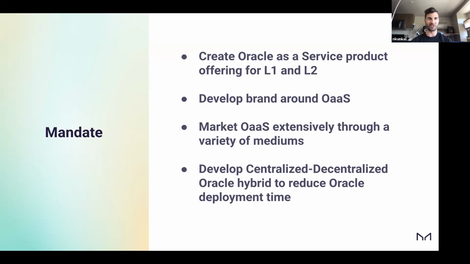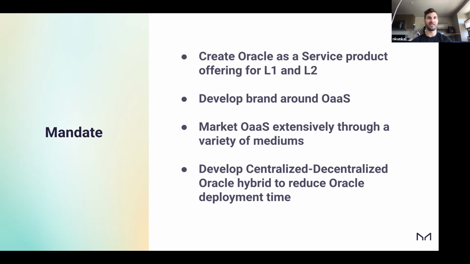Same thing with the governance process. We would want to have permission from governance to just deploy oracles on behalf of the DAO using our centralized feeds, with the explicit understanding that in the following governance cycle, that Oracle becomes decentralized by replacing the Oracle core unit centralized feeds with the Maker protocol decentralized feeds, and that the ownership of the Oracle contract then gets flipped over from the Oracle core unit to the Maker protocol, right?